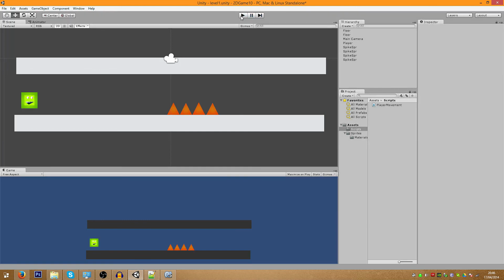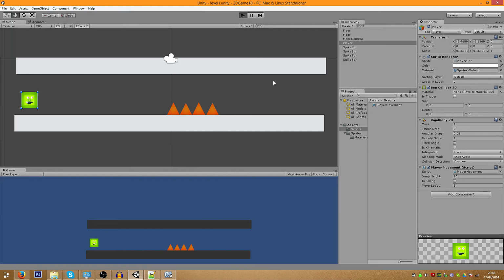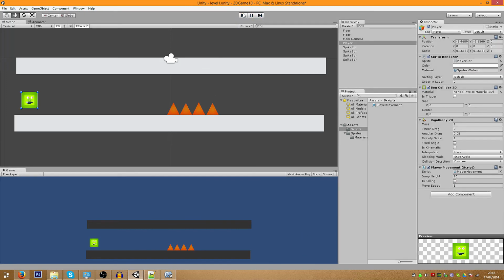So we can actually change that here, the moveSpeed, and set it to like 3, because we're able to actually change the values of the scripts in the inspector tab, which is really cool. So that one is a little bit slower, but the problem is obviously we don't collide with these blocks here. Then we spin around aimlessly. So yeah, now we've got our player movement.